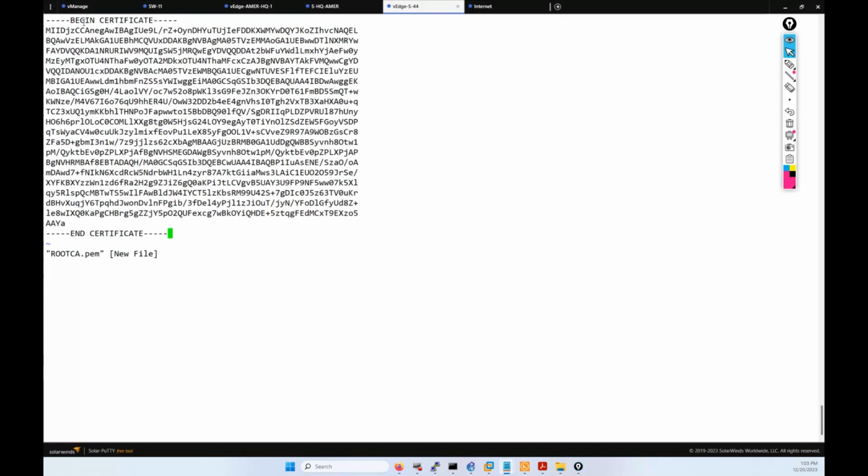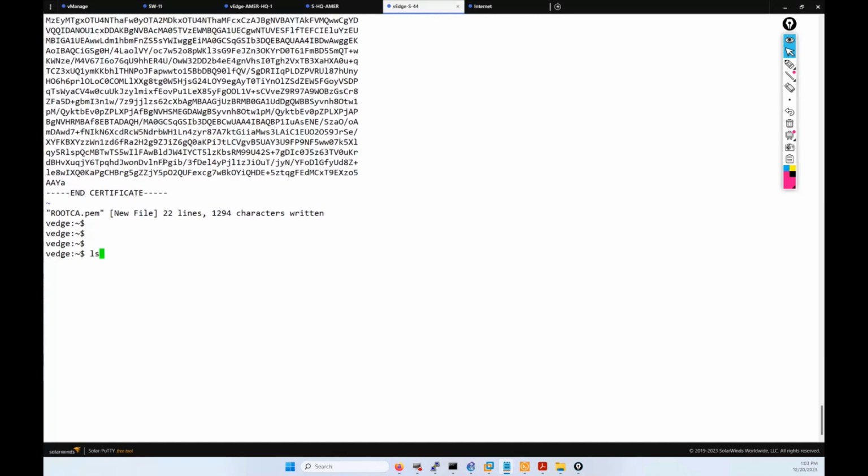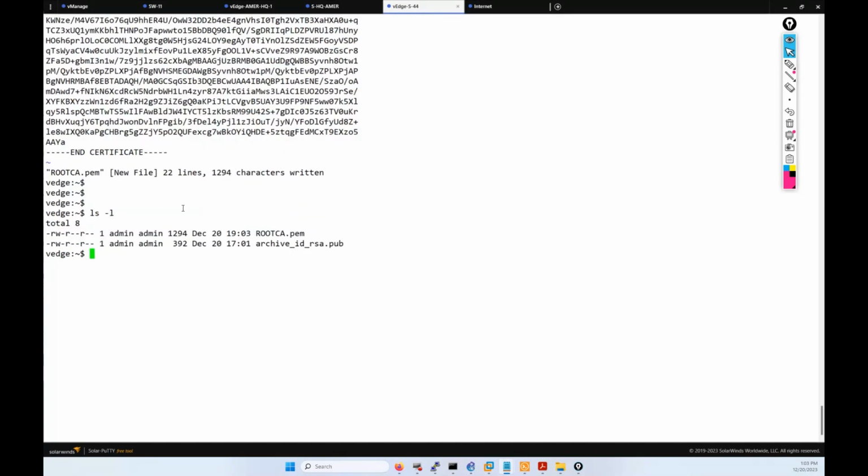We have 5, make sure you have all of them at the end, and everything must be the same. Then I click escape, colon wq, and now if I do ls, I just created a file,